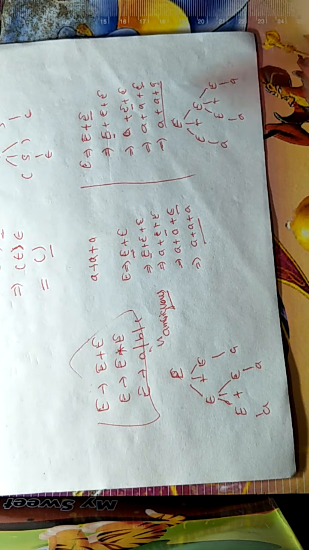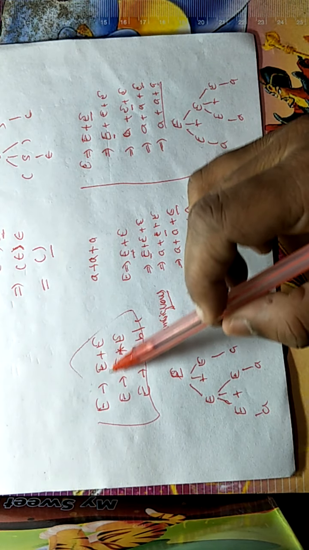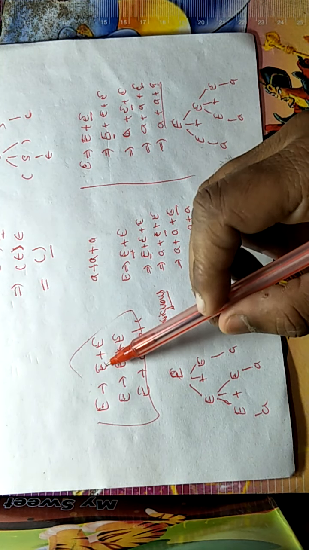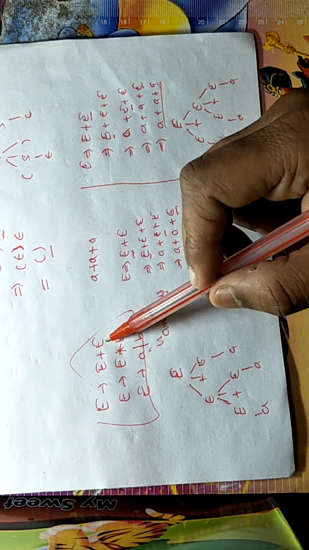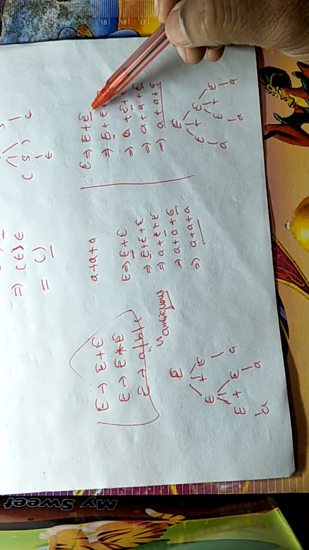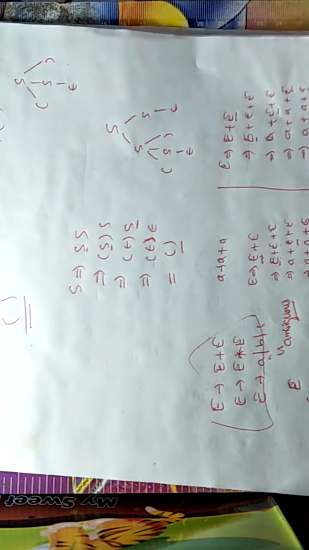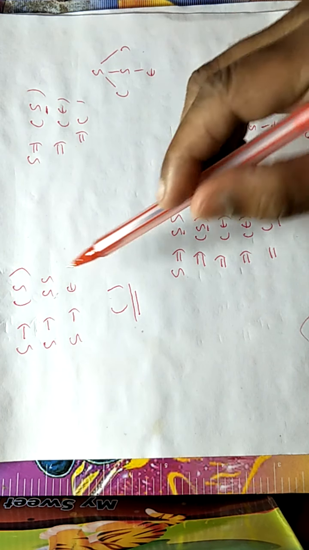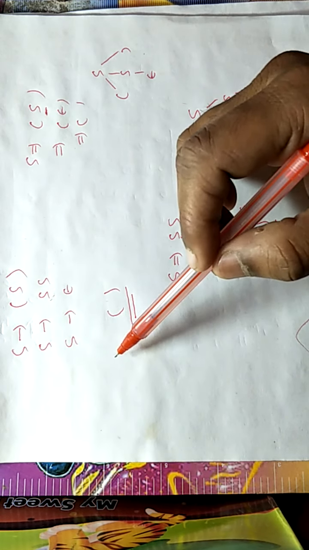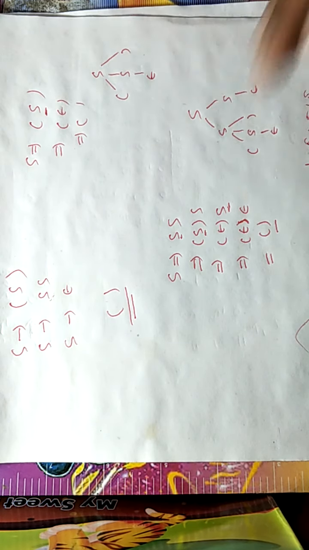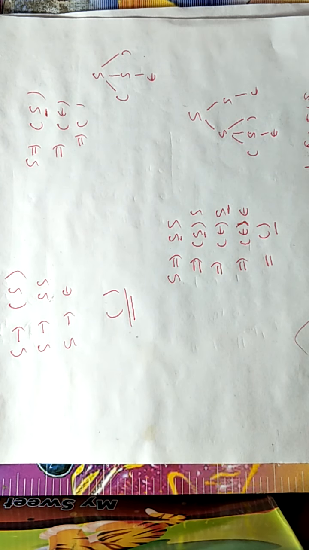In most grammars, if a production has the same non-terminal on both sides, then the grammar will surely be ambiguous, because we can replace it by the same production at two different places. Suppose I am replacing this by E plus E and this by E plus E. This grammar is also ambiguous because I can replace this S by SS here and this S by SS here. So the tree will be different. If I replace there, it will expand in the left. If I replace this, it will expand in the right. In most cases, this kind of grammar will be ambiguous.